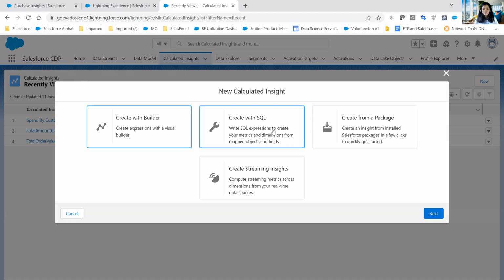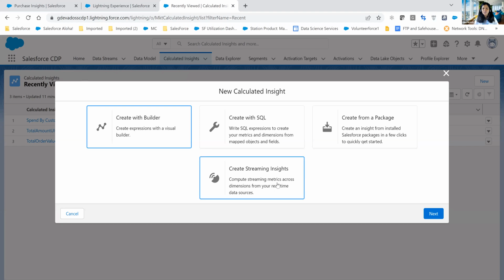You can create with SQL, where you can go in and type your SQL. You can create from a package. Let's say you have a dev org or a sandbox org or a different org where you've created these insights and now you want to move them from one org to the other. You can create a package and then import the calculated insights from that package.